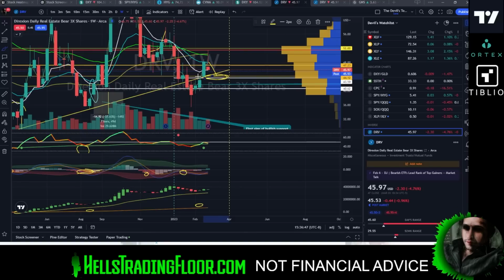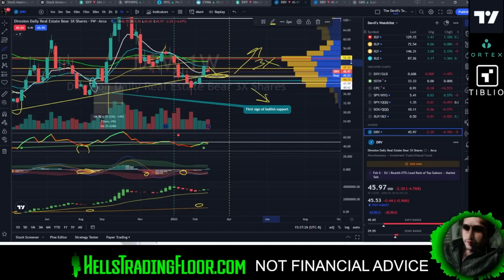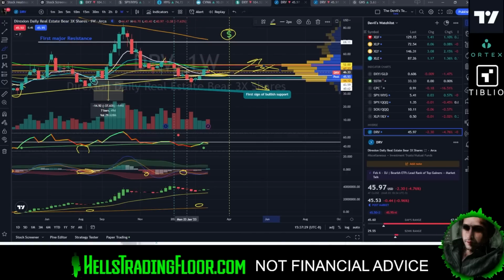And because this is a leveraged ETF, I keep saying index, this thing has a lot of power behind it. It's also very expensive, but it's less expensive than buying at the money calls for very, very far dates for XLRE. So if you think that a move is going to happen in the market and you think it's going to be a big bearish move in the real estate market within a month or 2 months, you can get calls in DRV. And when XLRE goes down like this, DRV goes up 3 times faster, like that. So that's why I pay attention to XLRE, and that's why I look for big moves like this,